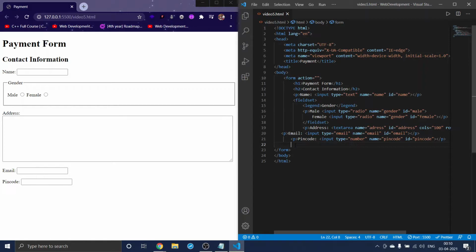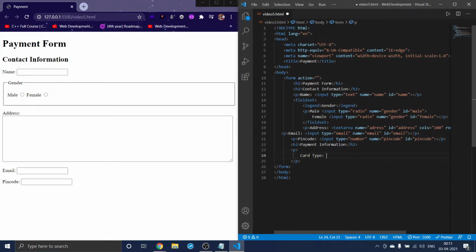Now we need payment information, right? Like the card type, the card number and expiration date. So for that I will use h2 as a heading, and I will write Payment information. And in the payment information we need card type. So in the p tag I will write Card type.